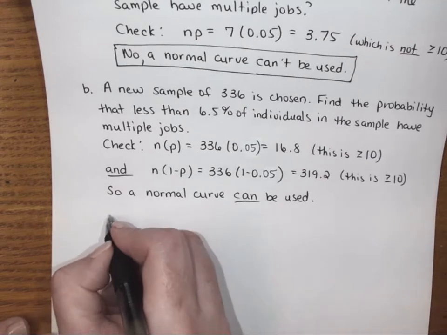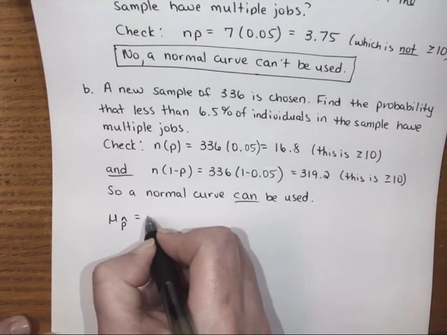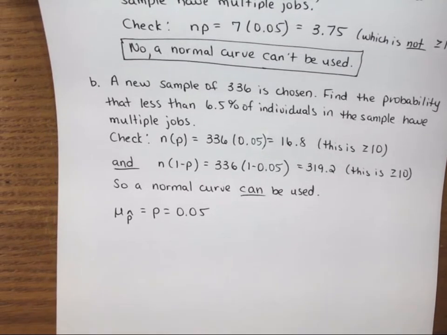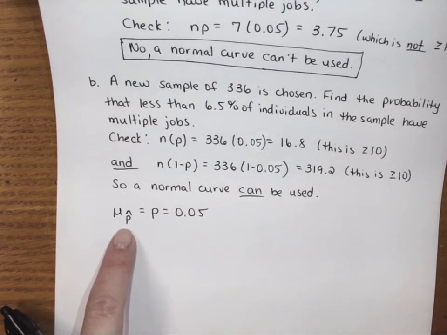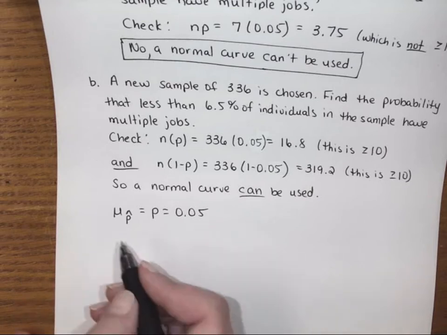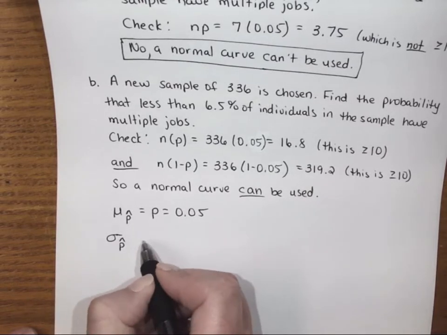All right, so we'll go through the list, right? We need to find mu. That's not hard to do. It's given as 5%. So what this means is that if you take the average of enough proportions, you'll get the original population average. That's really what that means. That's why we have to ensure that we pick a significantly big enough